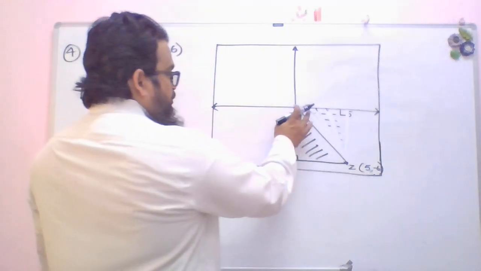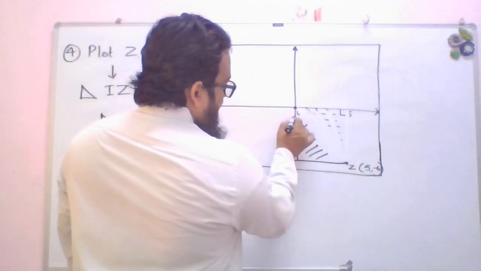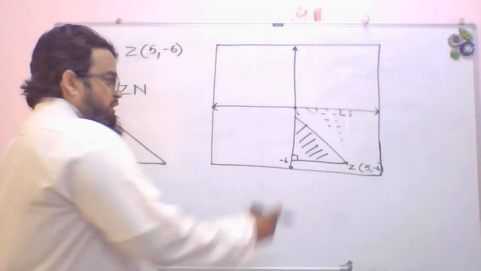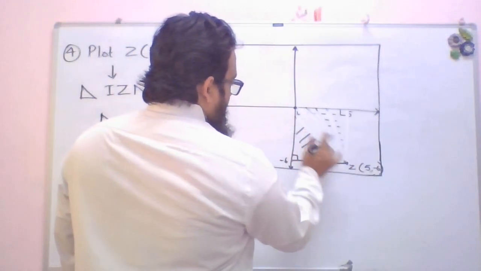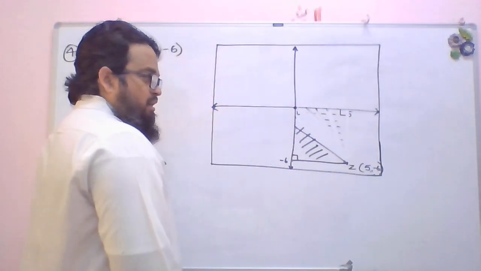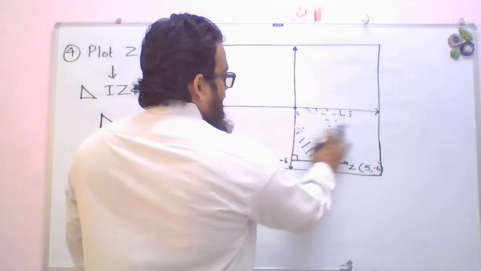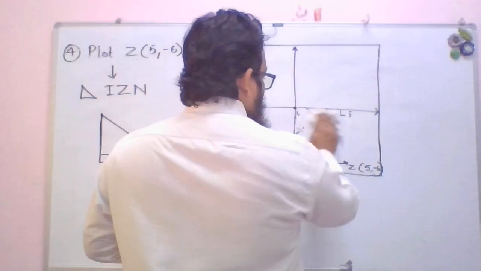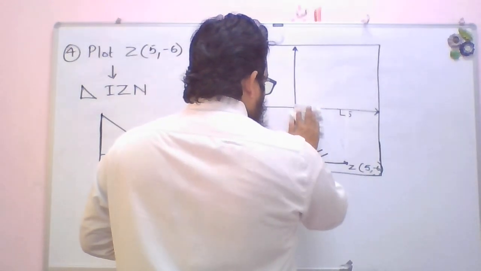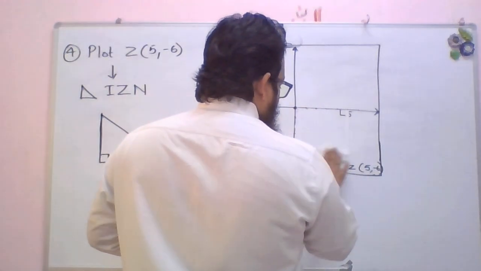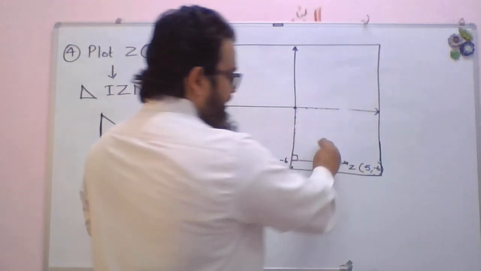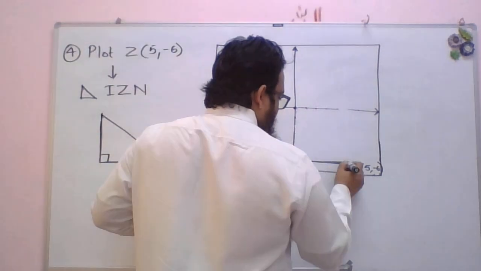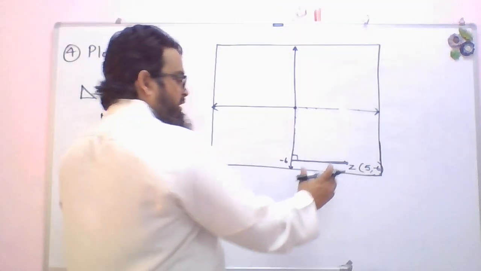Okay. Instead of joining origin and joining minus 0 comma minus 1, this is also a right angle triangle. And join these two, it is also a right angle triangle. So in this way, how many right angle triangles can I draw? Since there are infinite points, infinite rational numbers on the number line, I can draw infinite right angle triangles. And is it right? Since at the last I have taken a line parallel to x-axis by joining these